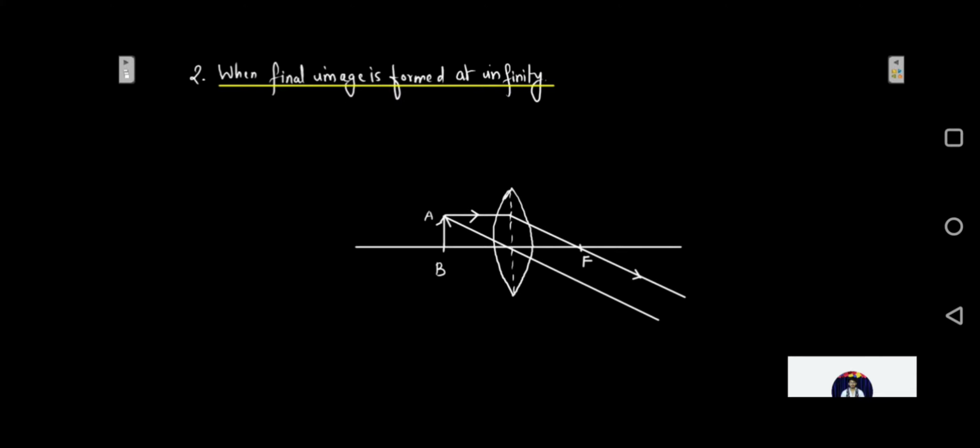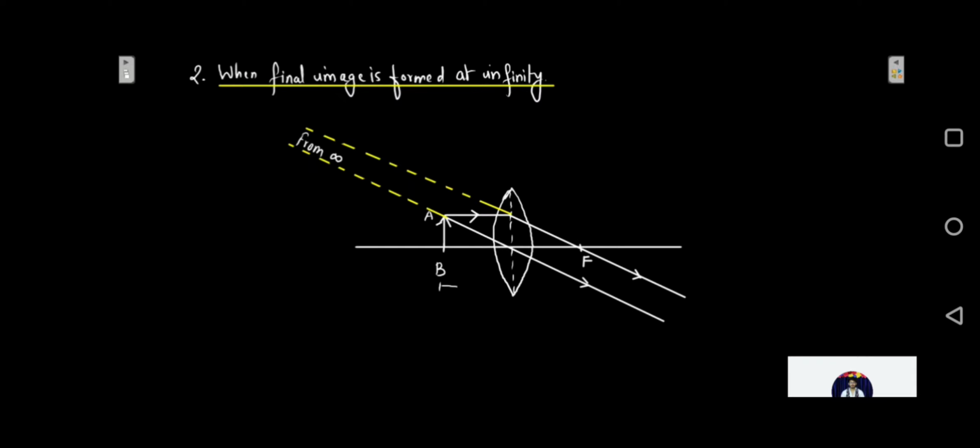So if you see, these are almost parallel rays which are emerging out. That means if you produce these rays behind, something like this, they are going to go on and meet somewhere at infinity, very very far away. So these have to be dotted rays. It's going to be a virtual image on the same side as that of the object. These rays are going to come from infinity, and the image will be formed at infinity.